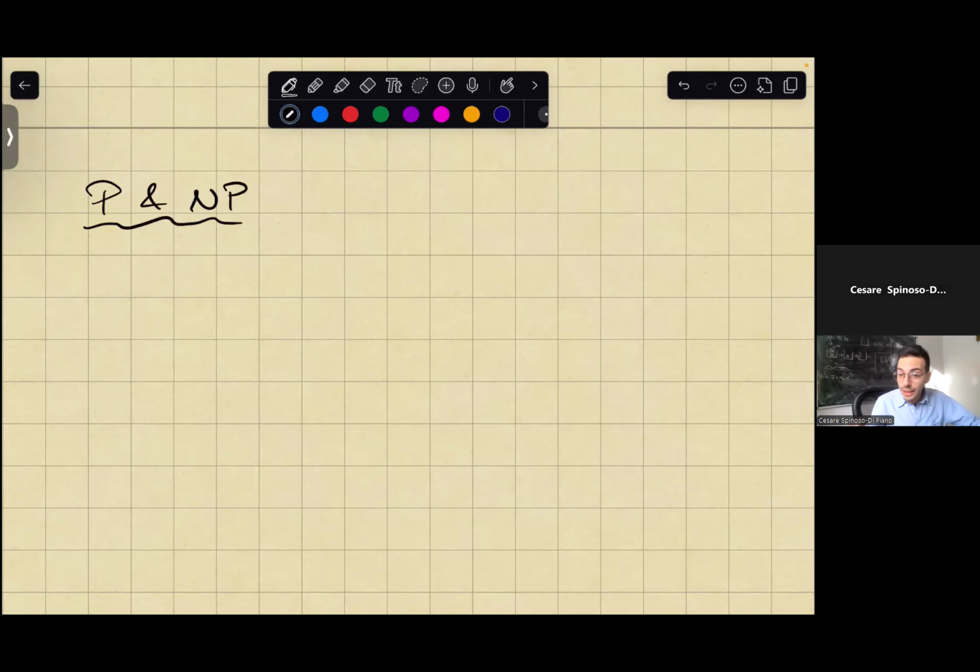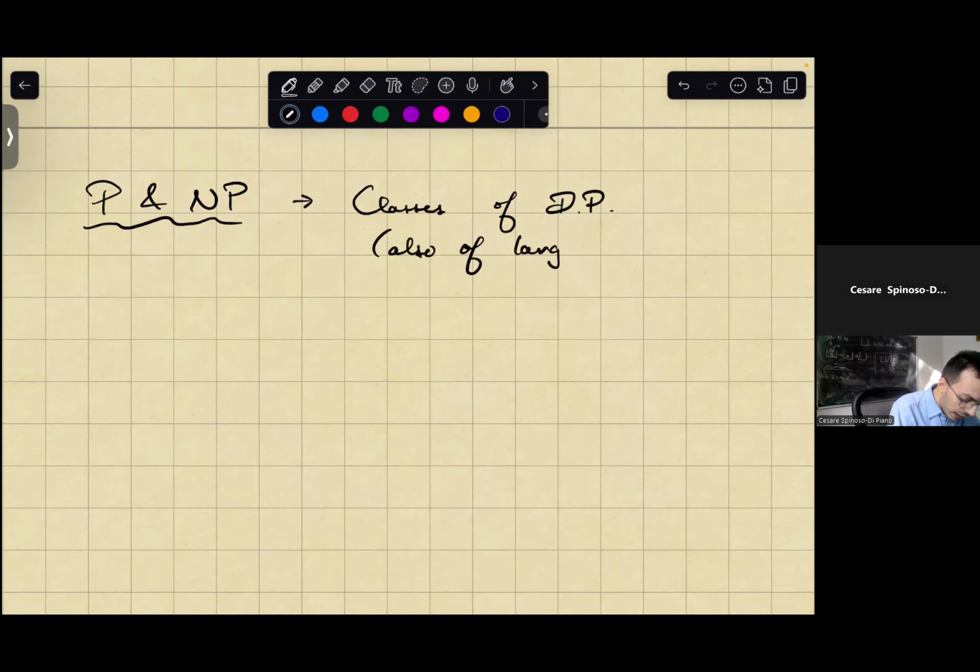Okay. So in case you don't know, P and NP are two classes of decision problems. So these are classes of decision problems, or also of languages. But from now on, we're almost exclusively going to refer to them as decision problems. Just keep in mind that a decision problem can be sort of encoded as a language. How do you do this? You take all the yes instances of that decision problem, and that becomes the language corresponding to that decision problem,